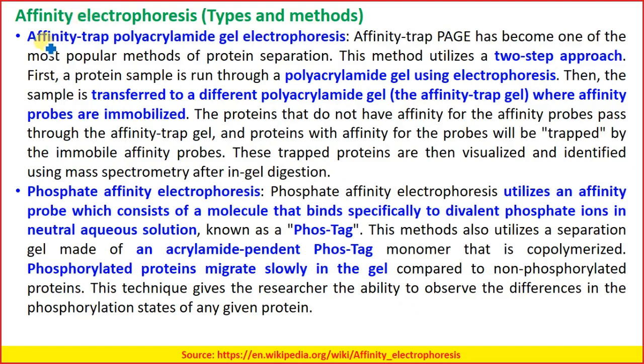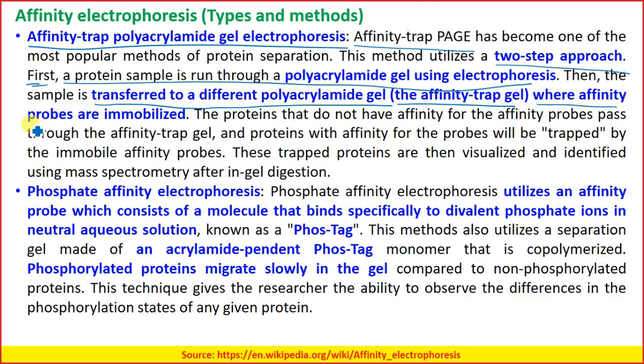Then affinity trap polyacrylamide gel electrophoresis. Now in this, what happens is that this affinity trap PAGE is a two-step approach. In the first step, a protein sample is run through the polyacrylamide gel using electrophoresis. After this, the samples are transferred to a different polyacrylamide gel, which is called the affinity trapped gel, where affinity probes